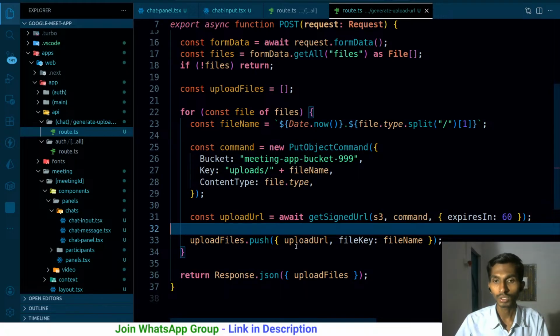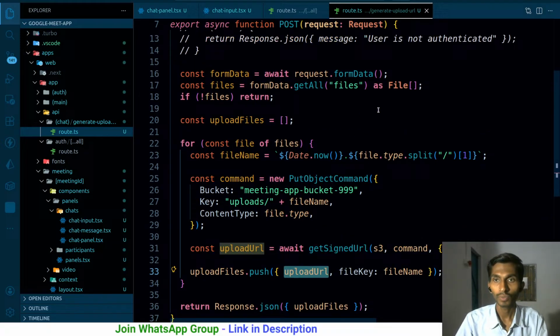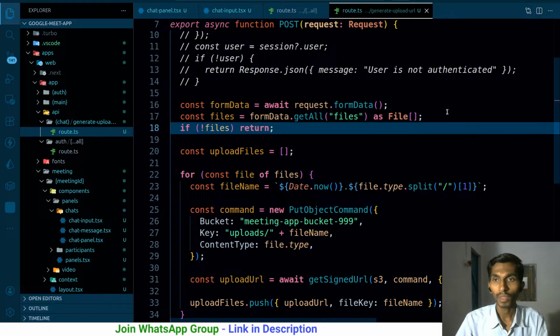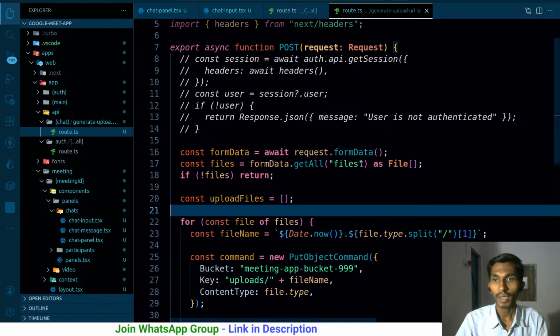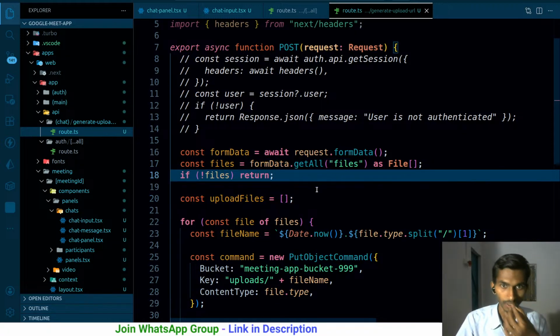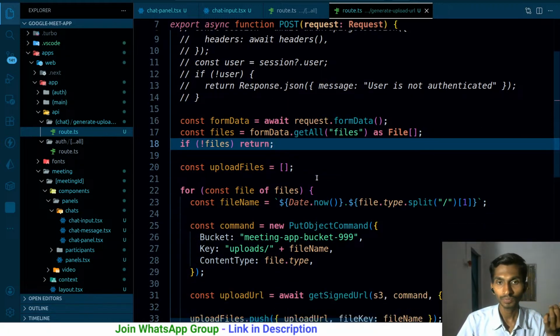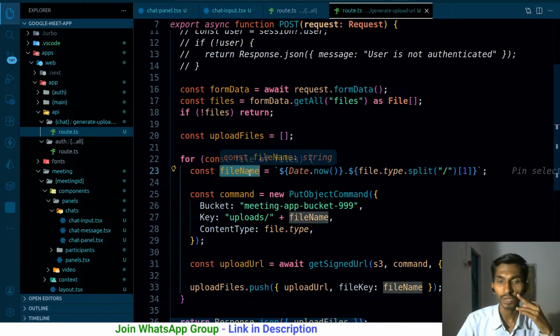And when I'm using that pre-signed upload URL, I have to simply provide it the body, ultimately a real file. This is just the name, it doesn't really matter. What happened here? I got the form data from the front end side. Once I got all the files in the form data, I just looped through all of them, got the file name, and these files contain the name, type, size,